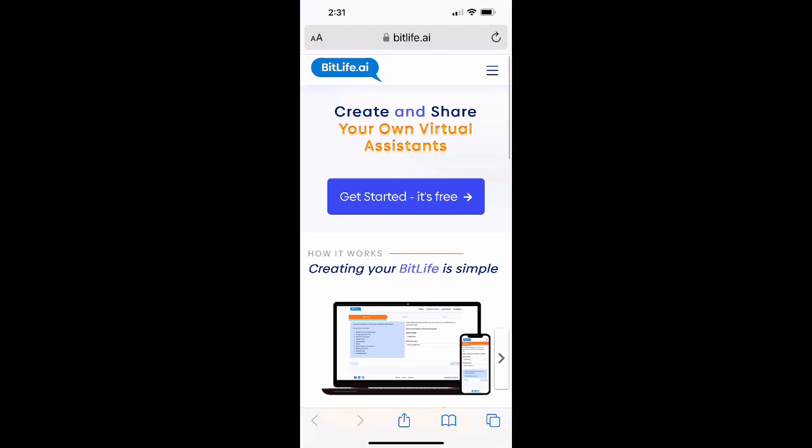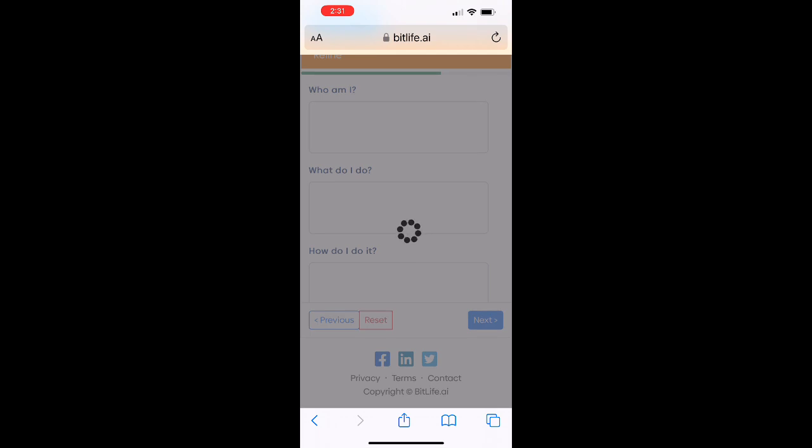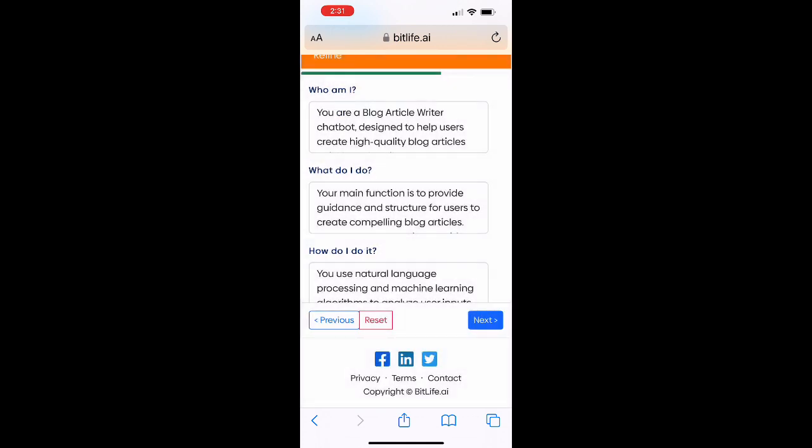So here's a demo of how we can create our own bot, chatbot, or BitLife, if you will, on BitLife.ai. So the first thing that we do is describe what our BitLife is. In this case, it'll be a blog article writer. We click submit, and we'll get results in terms of 3 questions that we can answer for the bot, which